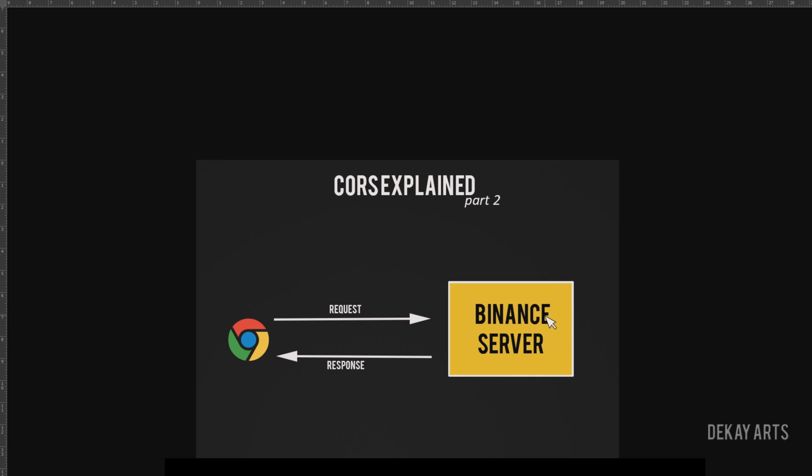And of course, we don't control the Binance server, correct? Those are handled by the Binance development team, so we don't have any control to do it. So we cannot add any headers on the response from the client-side code. That is my main intent in making this video. So how can we handle it properly if we cannot add any headers on the response from the client-side code? Well, let's see how to do it.